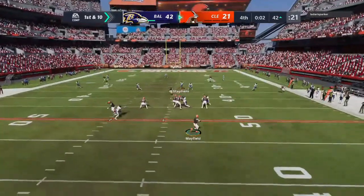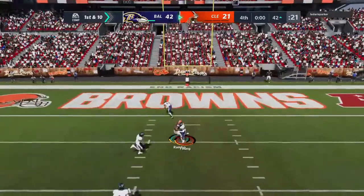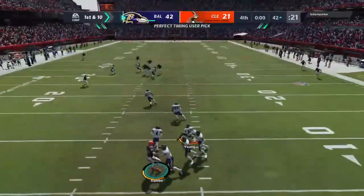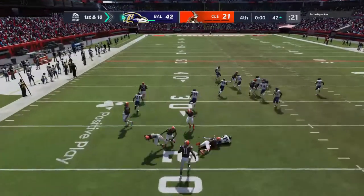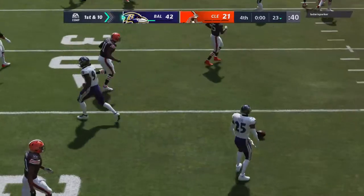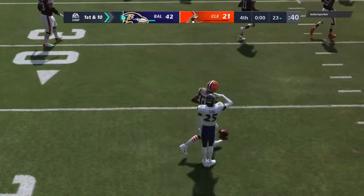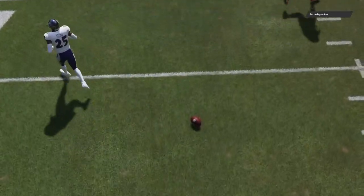One last shot from Mayfield here. Eluding the pressure right. He's going to let it fly. And Mayfield again with the interception, his 3rd. Picked off by Tavon Young. And that will write a finish to this ball game. Today's final